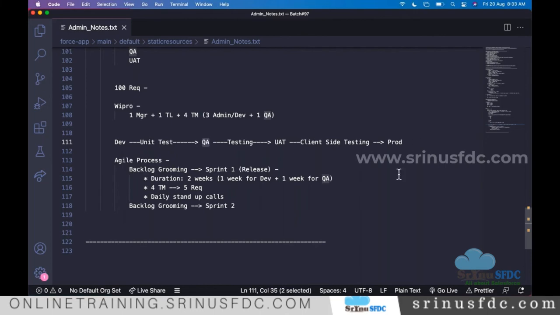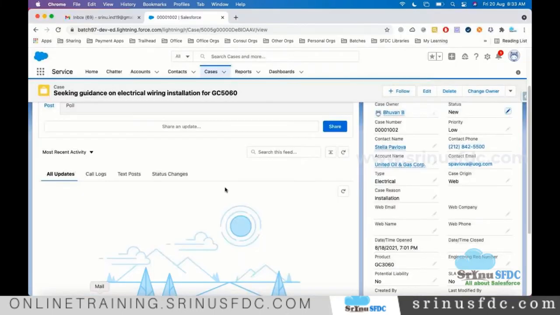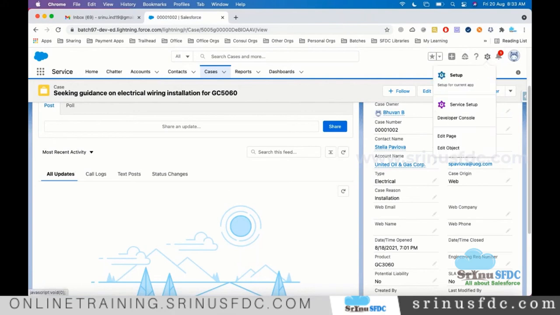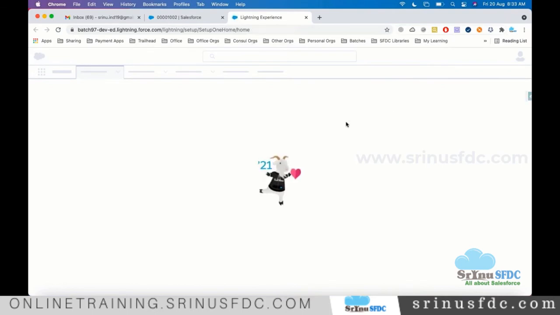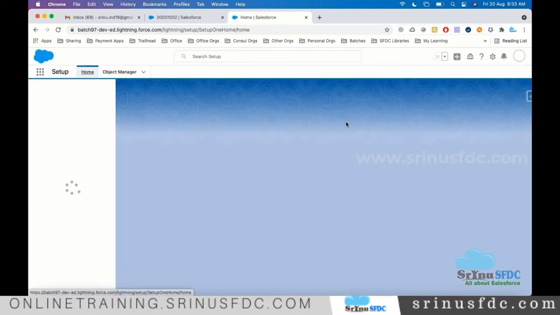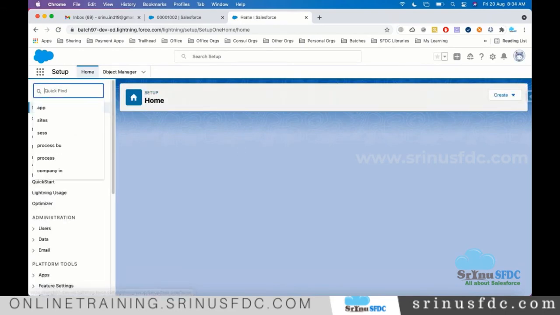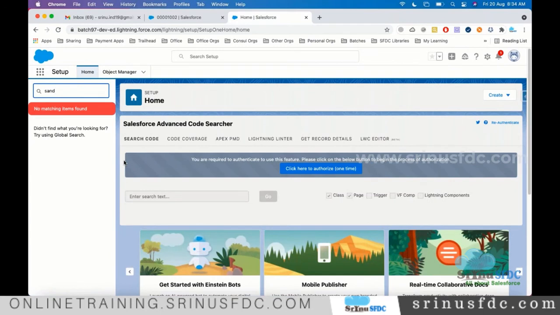Now let me show you how we create sandboxes. The account we registered is a Developer Edition account, and unfortunately, in a Developer Edition account you cannot create sandboxes, so you cannot experience how it works. So I'm going to open one of the production orgs, the paid one. Production means it is registered with Salesforce and paying the license. In that, they provide the option to create sandboxes. So I log into that and show you, so that you know how to deal with it.